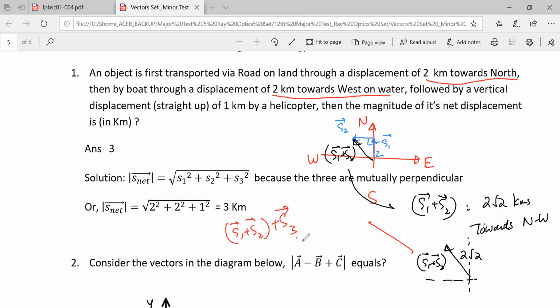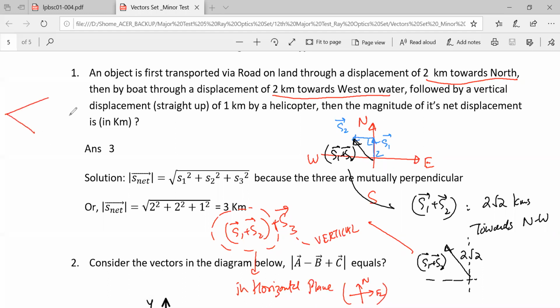Okay, now this S3 is vertical, whereas this is in the horizontal plane. Because the horizontal plane only is the north, south, east, west plane, ना? ये जो geographical direction है ये horizontal plane पे ना. So it's more like this, that if this is a horizontal table, imagine this is the horizontal table. So your geographical directions are lying within this. So, west and south. Okay.